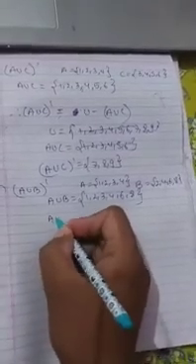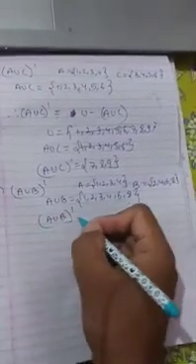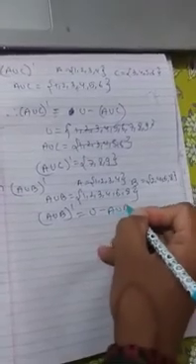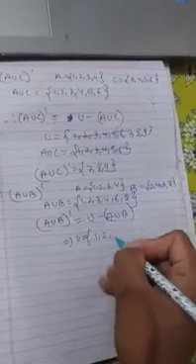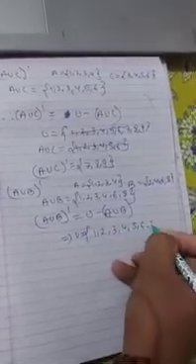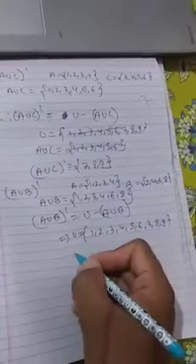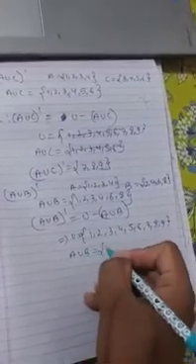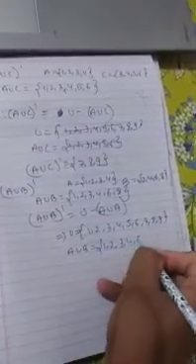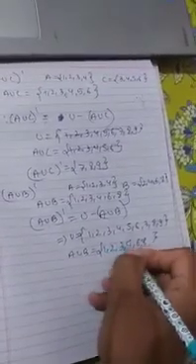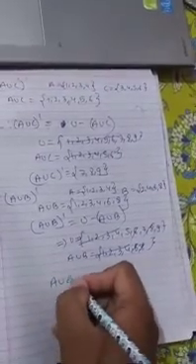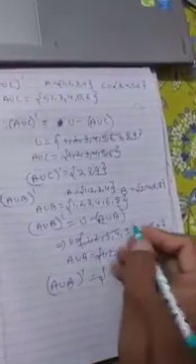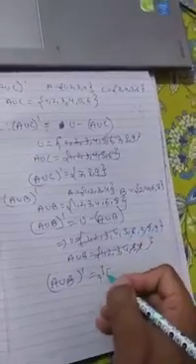Now (A union B) complement is U minus (A union B). So what is U here? U is 1, 2, 3, 4, 5, 6, 7, 8, 9 up to 9, and here A union B is 1, 2, 3, 4, 6, 8. So we will cancel 1 to 4 first. Now 6 and 8. What we get, the only ones left are 5, 7 and 9. So the answer will be 5, 7 and 9.